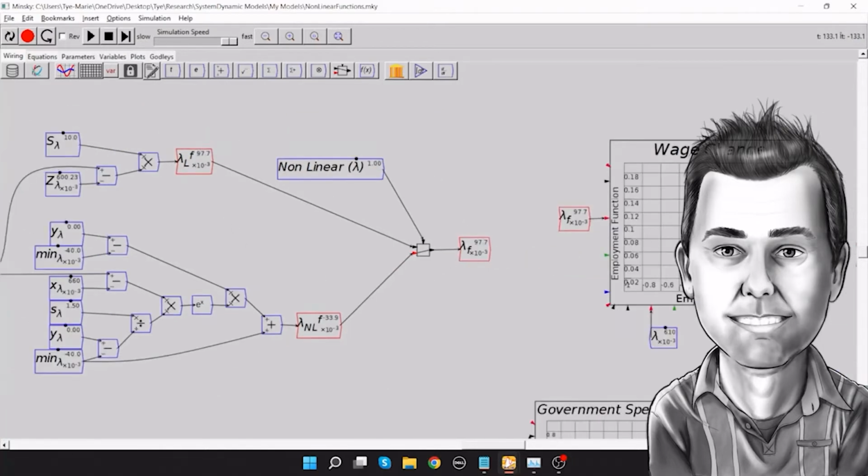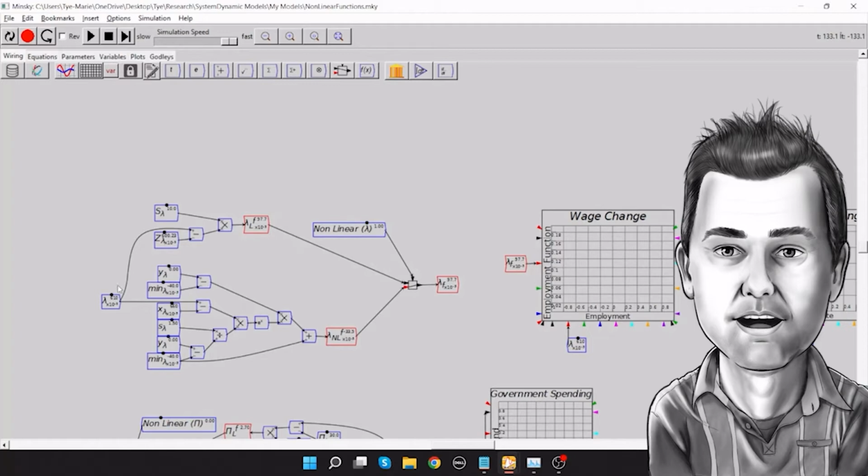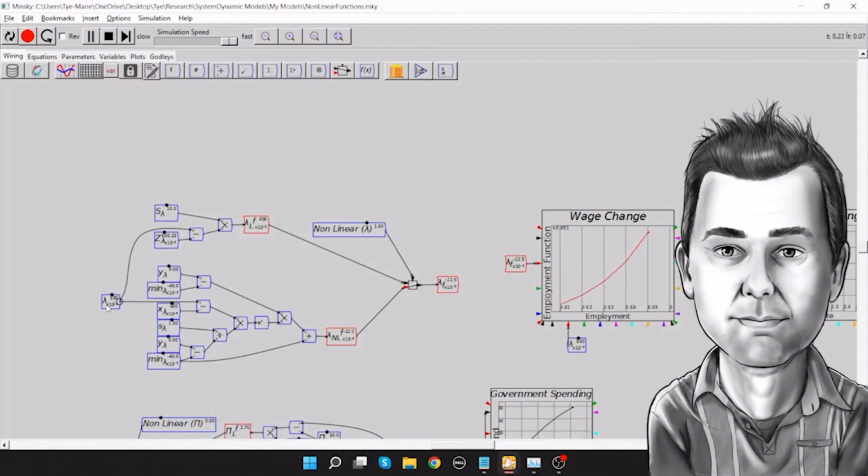So I've switched it to the nonlinear function here. And we're just going to run that, and we're going to see the shape of the curve. I'll go to 61, that will be good. A little different here because the shape is different. I have at 66% employment, there is a change. So 66 or 67 and up, there's a wage change. And we'll run it and just show you the shape. And I'll adjust it. And as you can see, we get a nonlinear shape here. Basically, it's a concave curve, upward sloping. So basically what it's saying, as employment increases, wages increase exponentially,